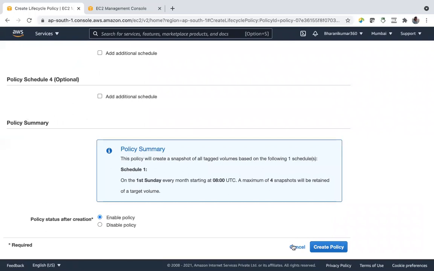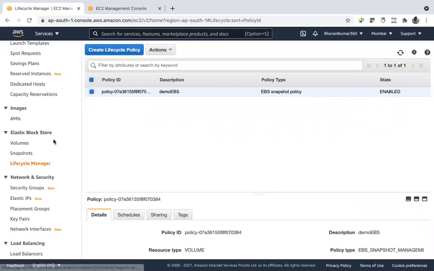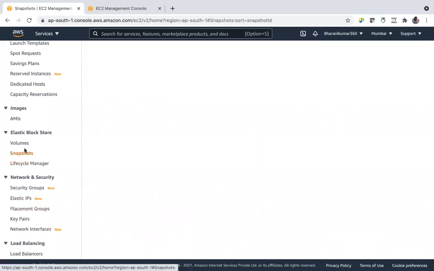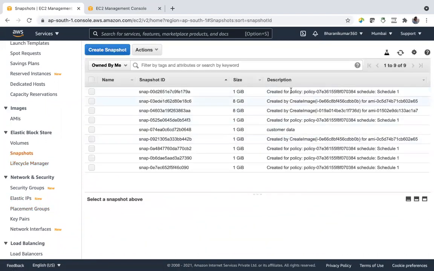I'm not creating it because I already have one. State is enabled, and I'll go to snapshots, and all these snapshots are created by the policy. See, created for policy, all are 1 GB.